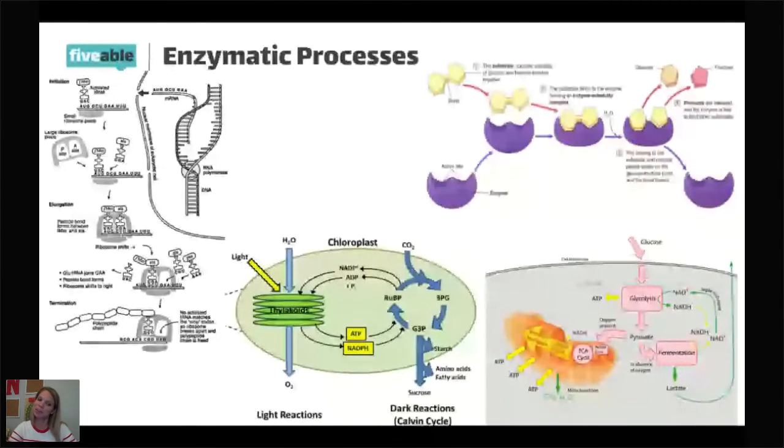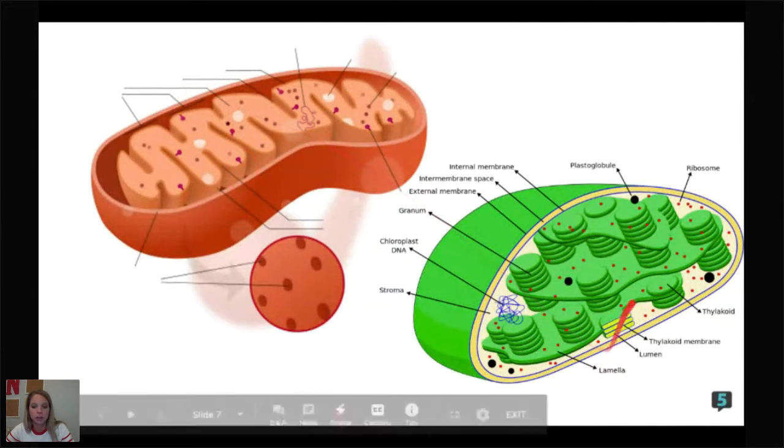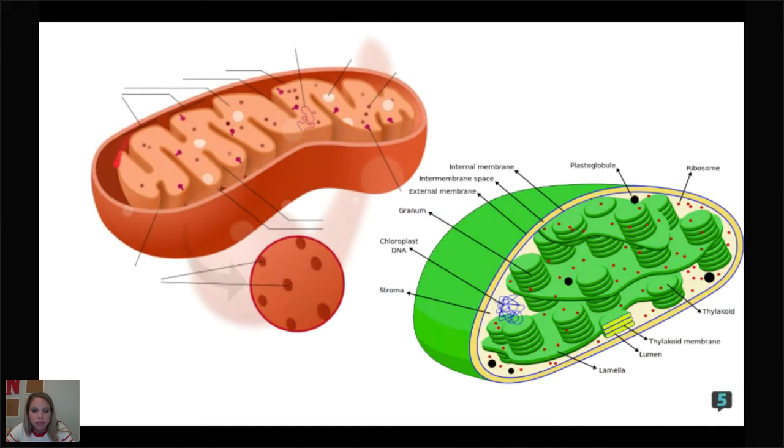Interesting. We're going to learn more about that in a minute. So you can see here, this one's unlabeled. Sorry, I did the best I could. But we got our mitochondria, we've got our chloroplast. So again, we've got this kind of dark orange membrane. And that's our outer membrane. And that's kind of like the shield that's hiding it from the rest of the stuff. But then in here on the inside, we've got the cristae, and that's the increased surface area.